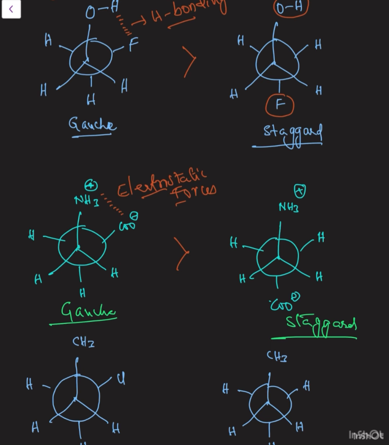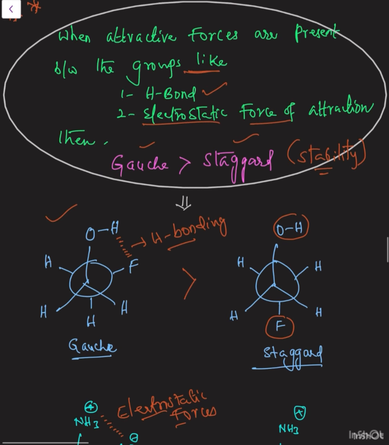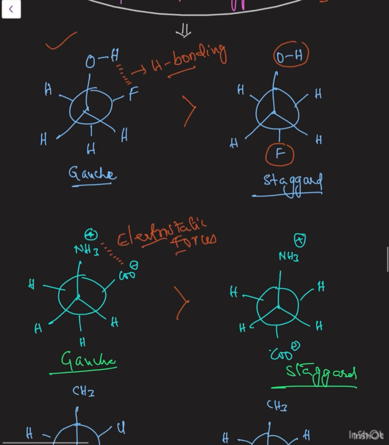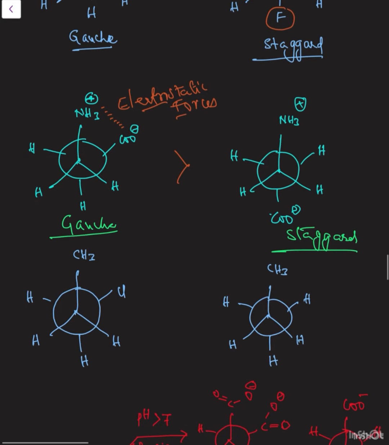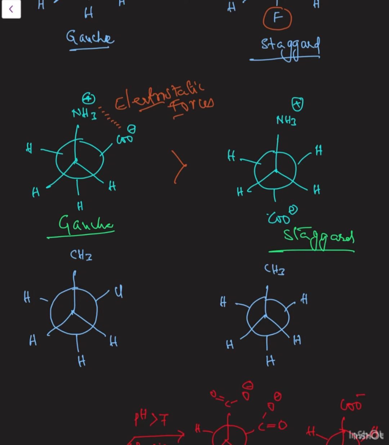In general, staggered is greater than Gauche, but due to these special properties, hydrogen bond and electrostatic forces, and not only this, even the inductive effect we can consider. The third one is the inductive effect also. I'll show you in this compound. Here I have a compound, CH3, which has a partially positive charge, and Cl has a partially negative charge. So between these two, there is an inductive effect. The inductive effect is an electronic effect that we are going to discuss soon,